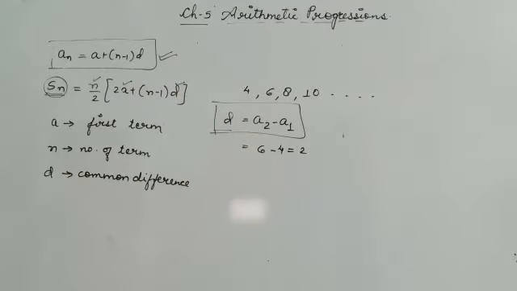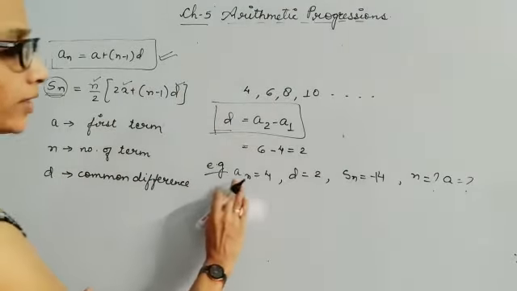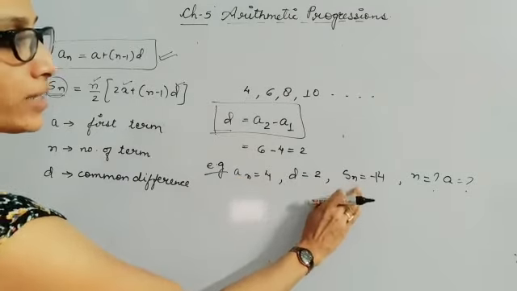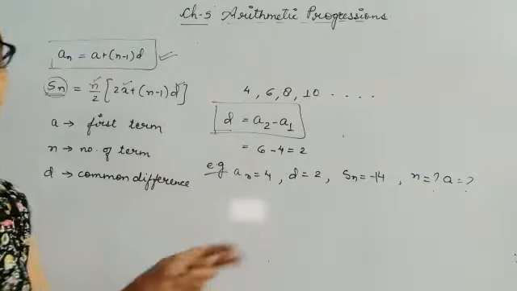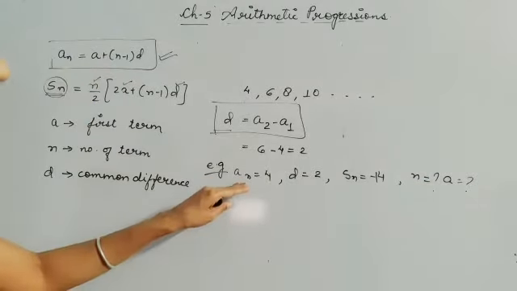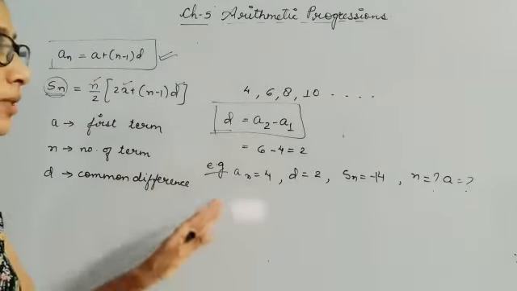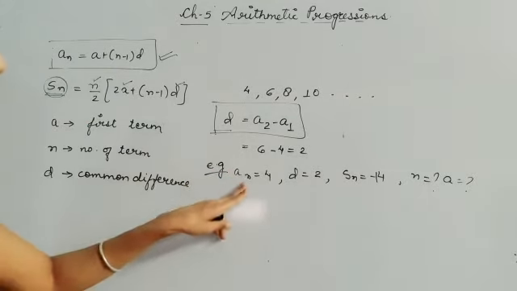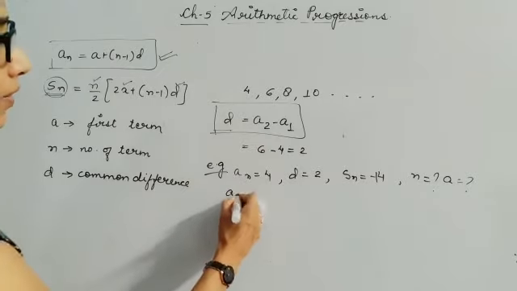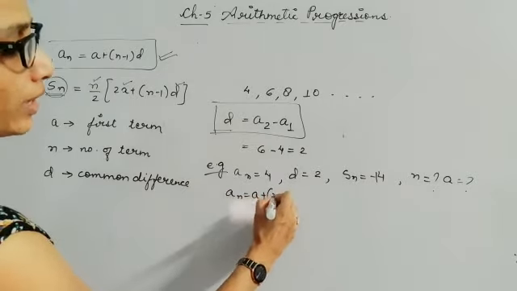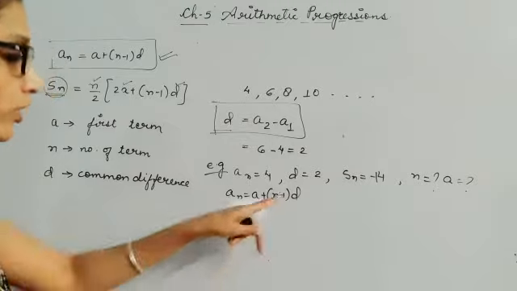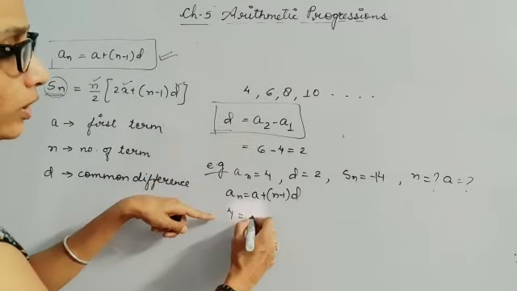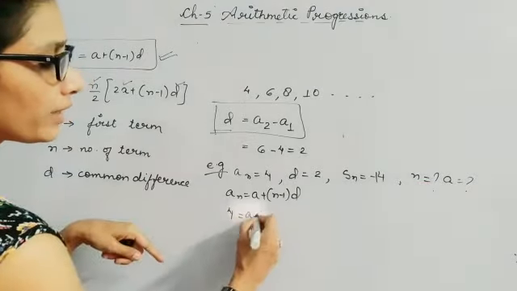Let's take an example. Let's suppose we are given the last term, common difference, sum of n terms, and we need to find here n and a. So you can see you have to always start with the formulae which are given to you. Here I am given a_n, so I will be writing a_n equal to a plus (n minus 1) into d formula, and then I will be substituting the values. So a is to be calculated, so I will be writing a.